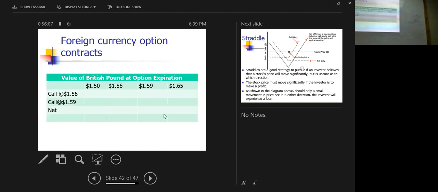Is it in the money or out of the money? Zero, or what? 156 is 8 cents, you agree? The call at 159, is it in the money or out of the money? Out of the money. So this is minus 0.26, and this will be the sum. Similarly, the call at 156 is going to be worth